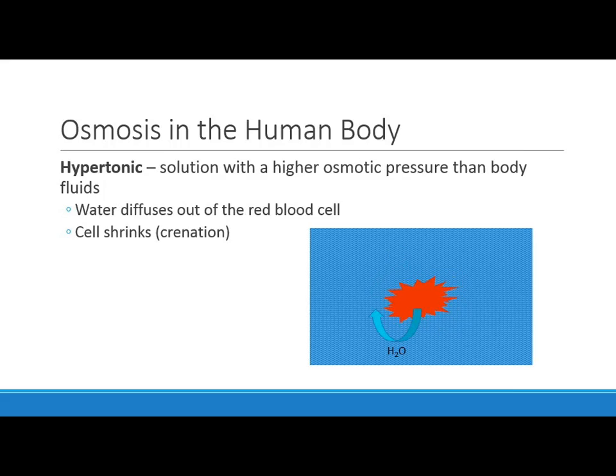Now, the next one would be hypertonic. Hypertonic means that it's too salty, or there are too many particles outside of the cell. Okay, so here I'm just adding a whole bunch of particles out here. So it's a very, very salty or very concentrated solution outside the cell, and maybe only a few inside. And so what happens here is that water will start rushing out of the cell to get to the higher concentration of solute out here. And when that happens, the cell starts to shrivel up, it shrinks, and this is called crenation,